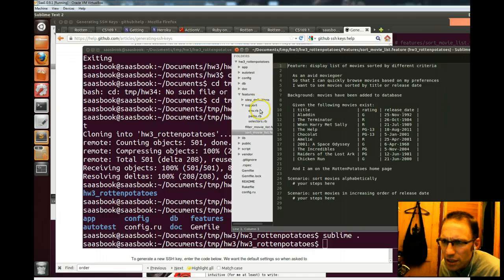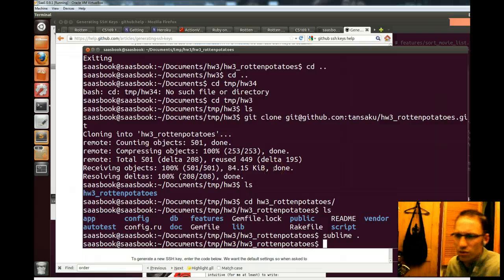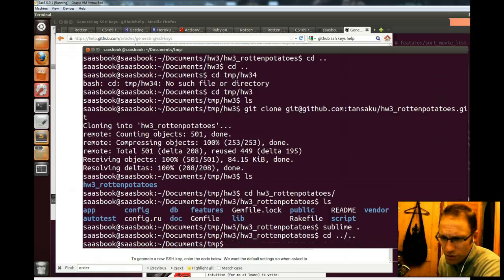Let's see. Yeah, that looks the same. Step definitions, web steps here, movie steps. Yes, I think there is some stuff of mine, because this was from before, that's a bit older. Just for the purposes, to try and avoid confusion,